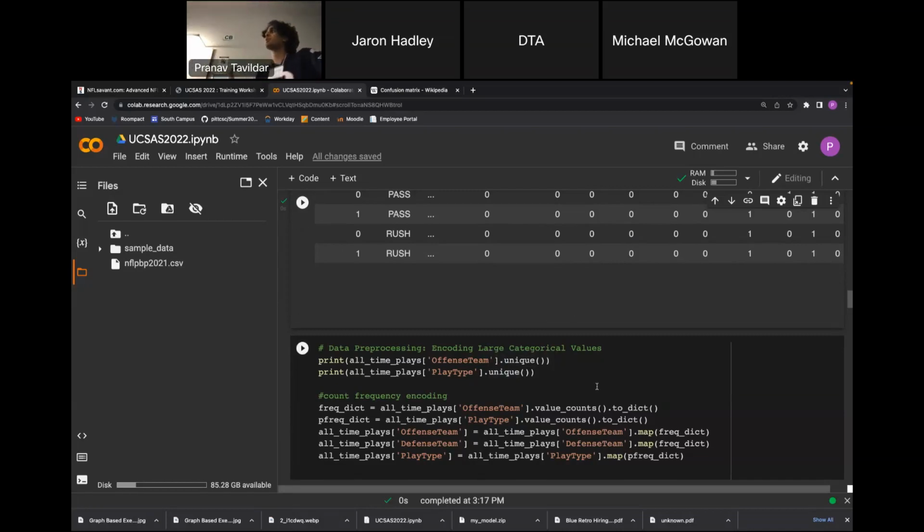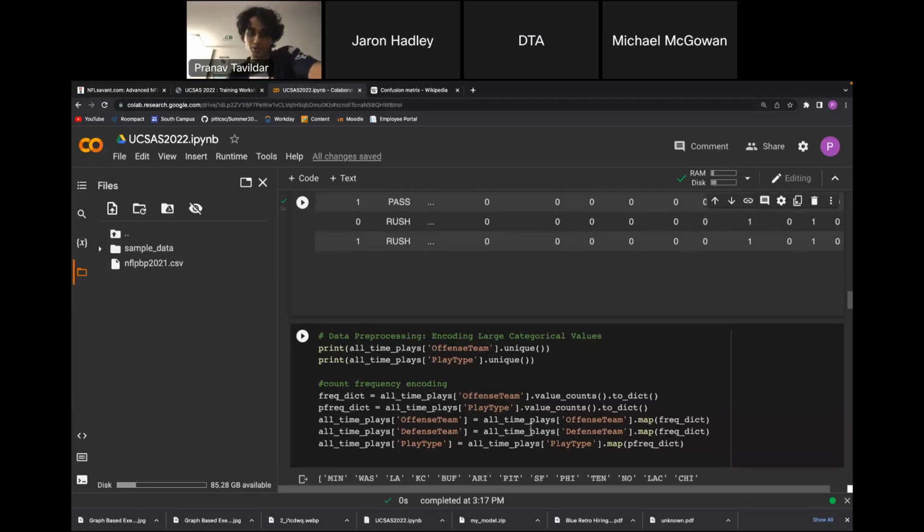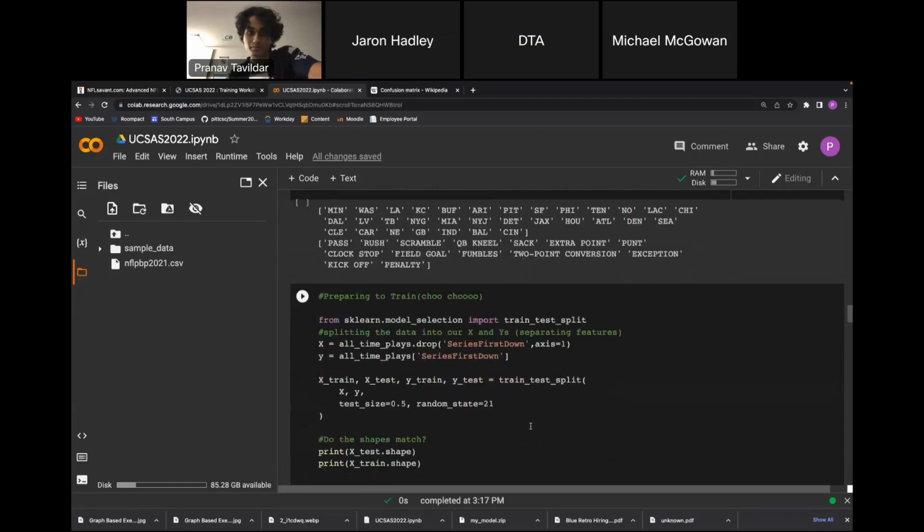The reason you're doing this is so that you don't have any biases, because technically you could just assign some arbitrary number. But remember earlier when I was talking about weights, that could lead to some problems. So this is one way to balance it. One problem with pre-processing like this is that sometimes you might have some values with the same weights, but for our purposes, they're statistically similar enough that our model still works. So we're just count frequency encoding everything here.